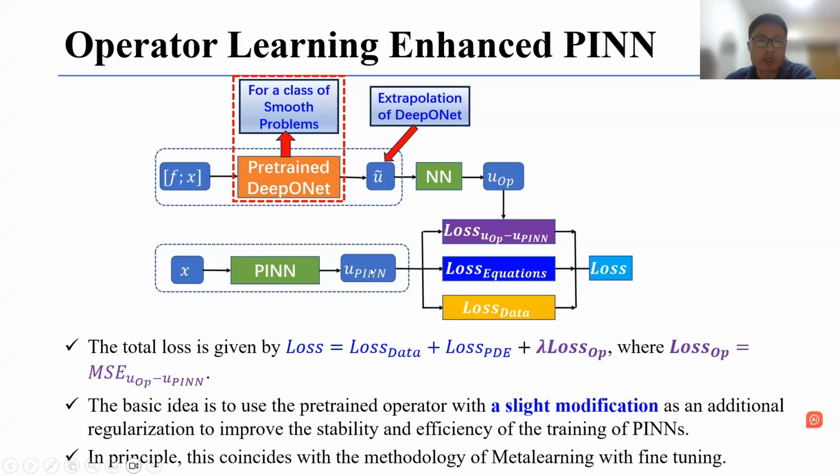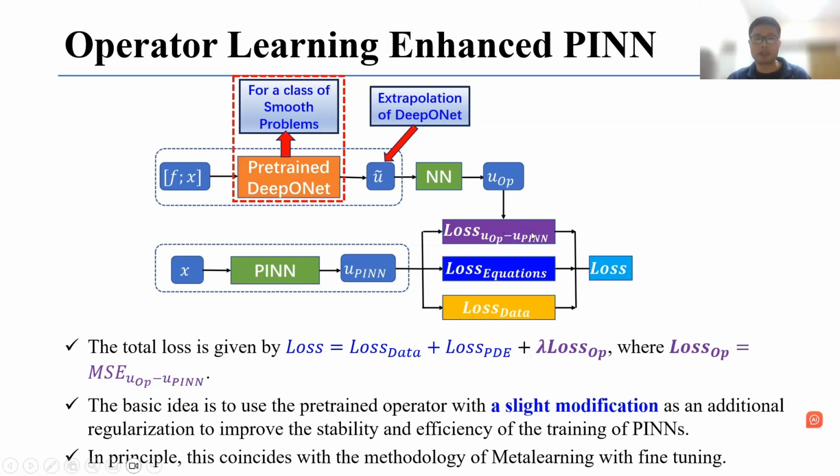So we want the output of the PINN and the output of this U operator to converge. We want these two solutions, the U operator and this U PINN, to be equal. Like we want these two solutions to converge. So